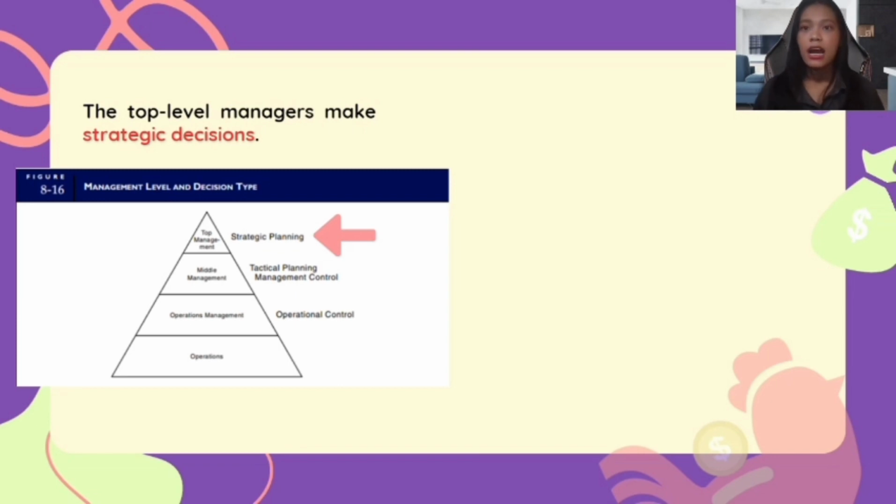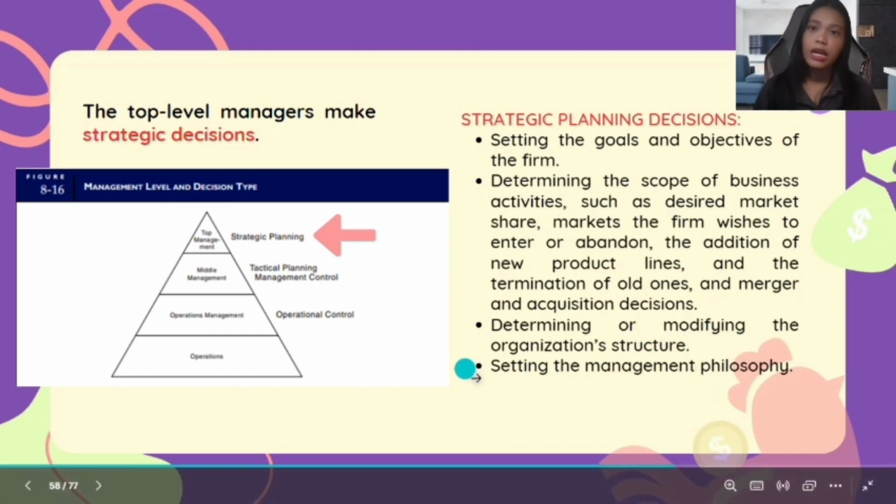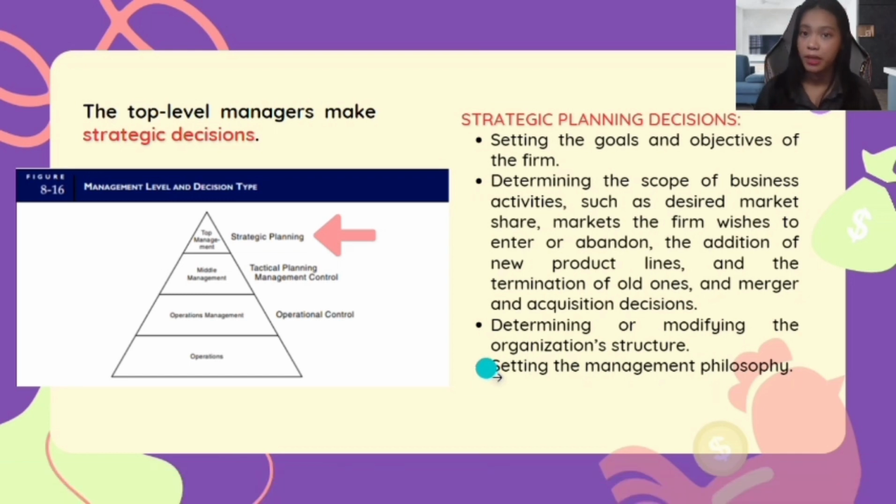As you can see, the top level managers make strategic decisions, and these strategic decisions include setting the goals and objectives of the firm, determining the scope of business activities, such as desired market share, markets the firm wishes to enter or abandon, the addition of new product lines, and the termination of old ones, and merger and acquisition decisions, determining or modifying the organization structure, and setting the management philosophy. Also, we have the strategic planning decisions